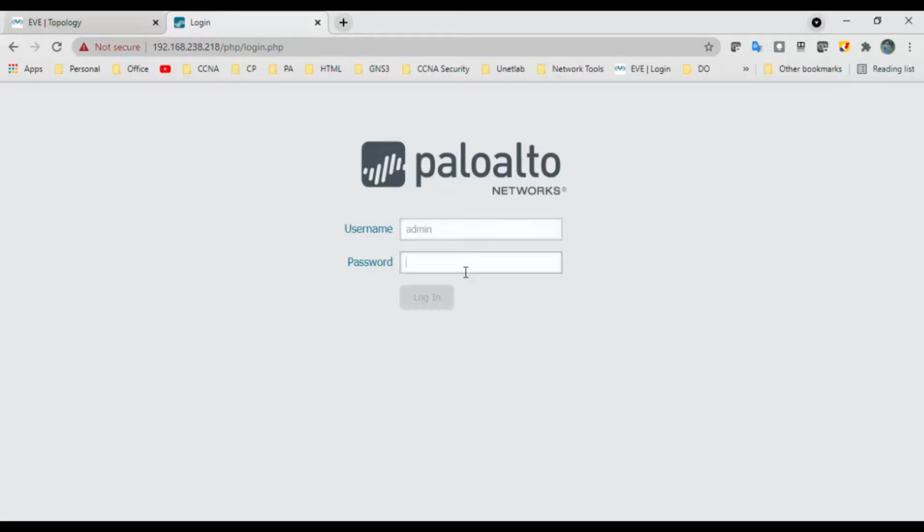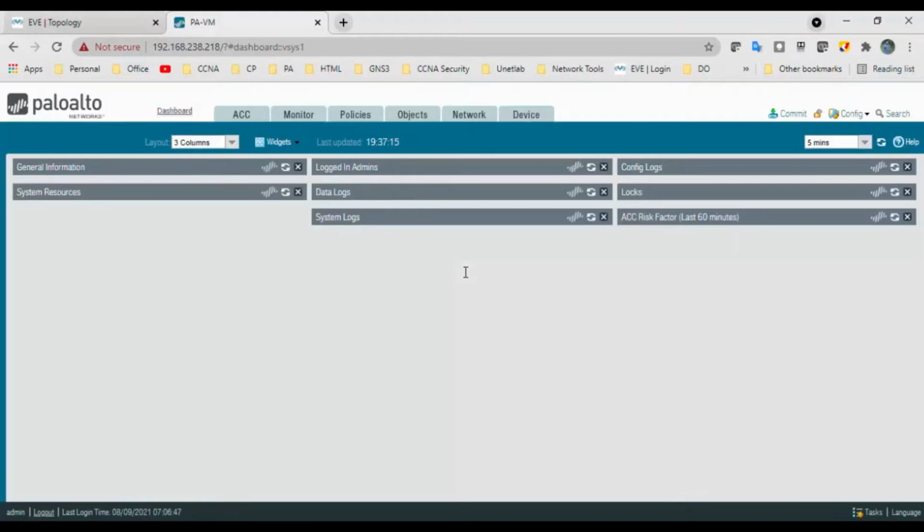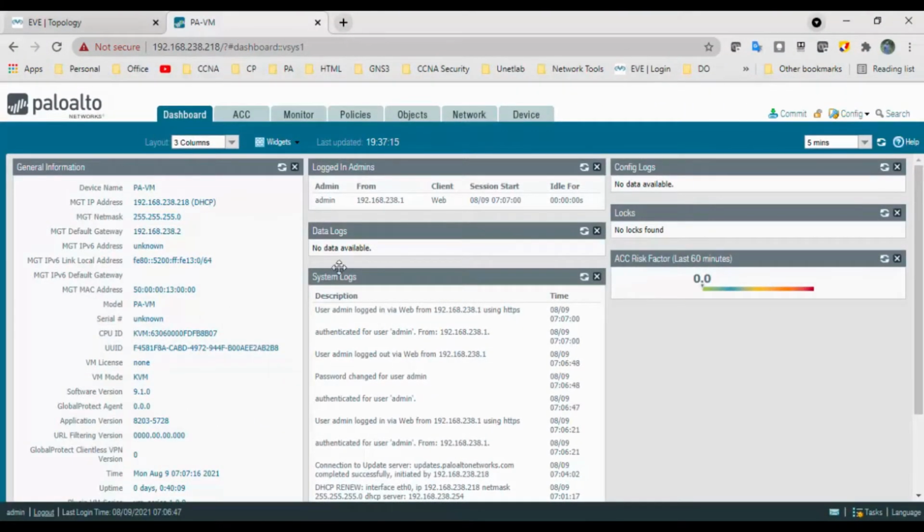Now log in with the password admin and admin123. And this will be the login dashboard.